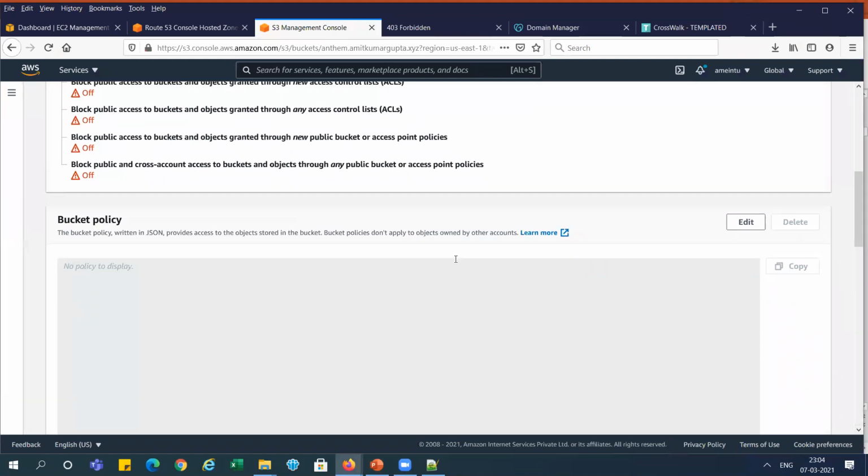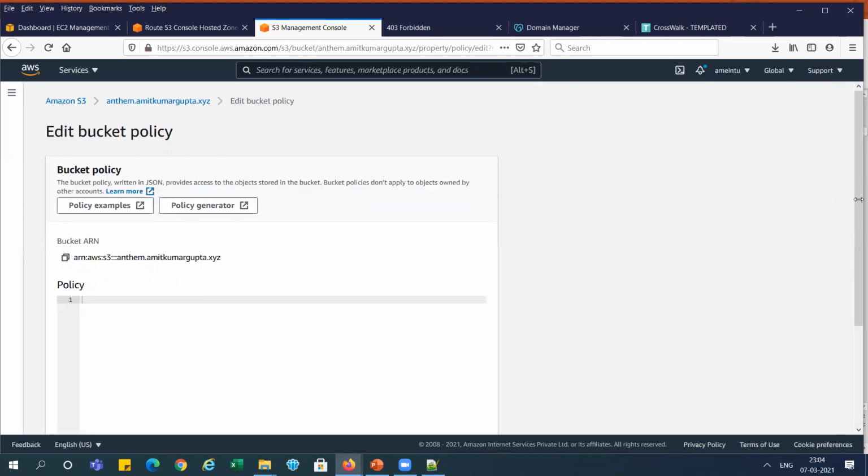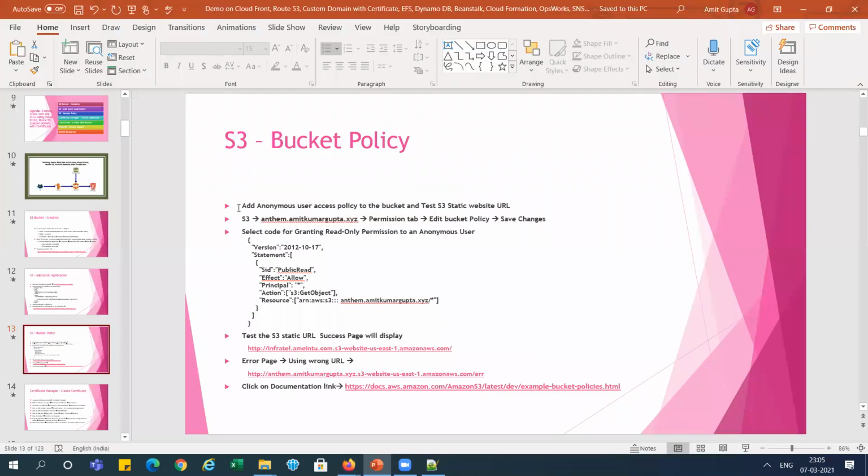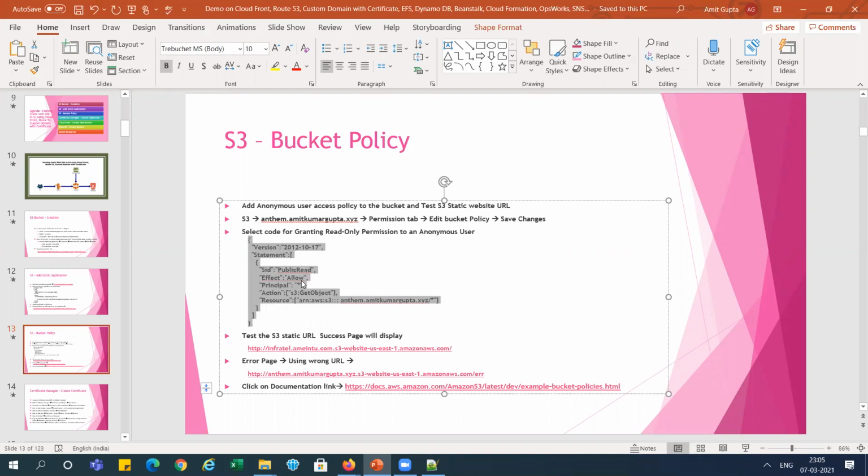So we have this bucket policy. Still you can see it is blank, no policy to display. So we need to add a bucket policy to access this. So we are adding this bucket policy. It is a simple policy, just allowing access on GetObject, and this is the resource ARN, right? Same thing we are adding here.